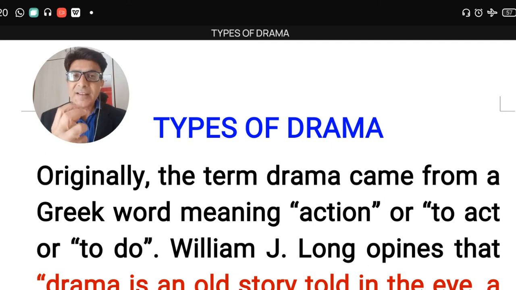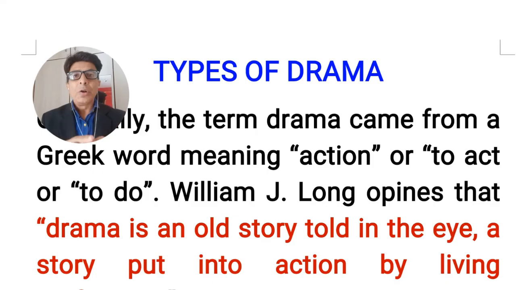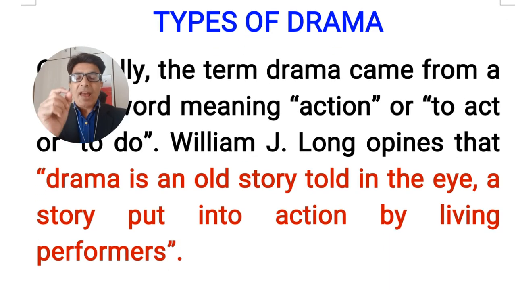Friends, when we discuss drama, we must know where this word comes from. The word drama comes from a Greek word, in the Greek language, in which it means action or to do something. Different historians and critics have given different definitions of drama, but William J. Long, an important historian of English literature, has given this definition of drama, as you can see on the screen,